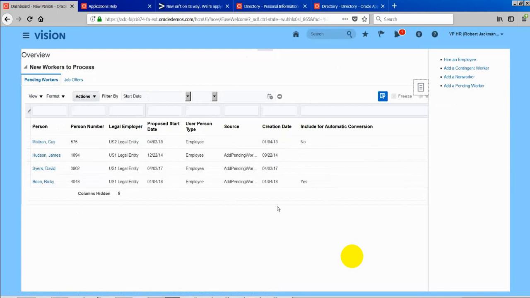I was trying to hire an employee, and here I could see hire an employee, hire a contractor, add a non-worker, or add a pending worker, something like that. So a list of tasks comes up here. It is called the tasks panel tab, and this is called the task panel. In this task panel, we have a list of tasks. I am using this terminology because the ADF framework has that terminology as well. I could simply call it a task list and tasks, but in ADF terminology, this is called the tasks panel tab, and it is called the task panel. In the task panel, we have the tasks. That's the meaning of it basically.